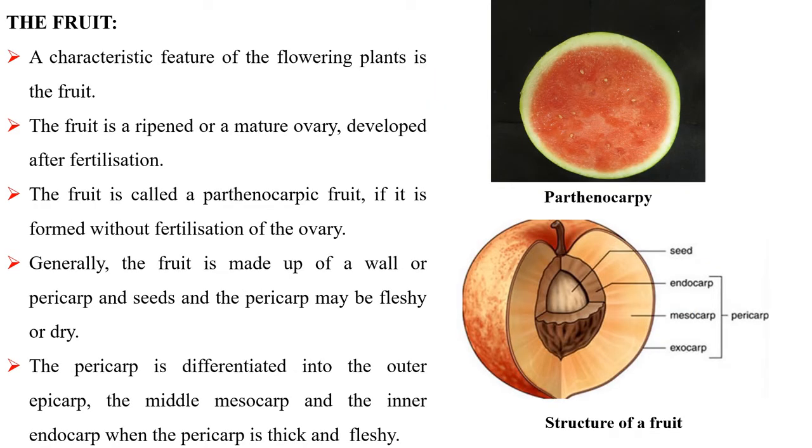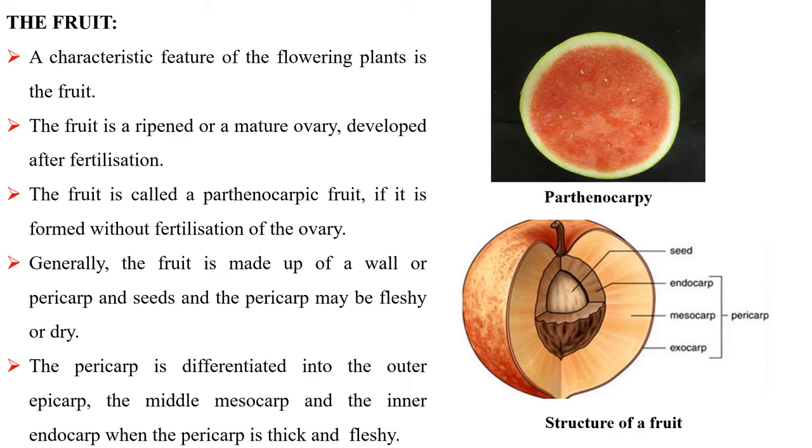The fruit. A characteristic feature of the flowering plants is the fruit. The fruit is a ripened or mature ovary developed after fertilization. The fruit is called the parthenocarpic fruit if it is formed without fertilization of the ovary. Generally, the fruit is made up of a wall or pericarp and seeds, and the pericarp may be fleshy or